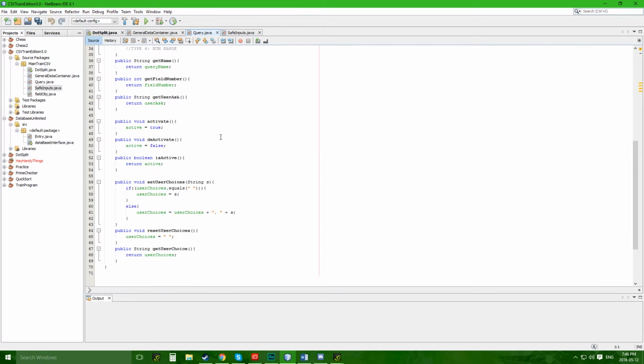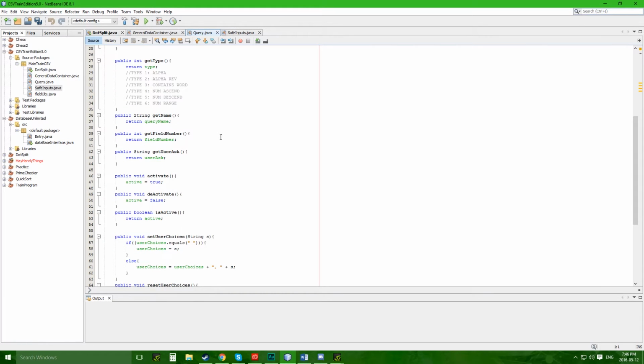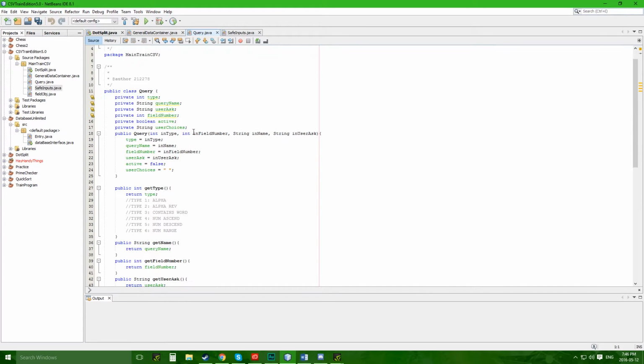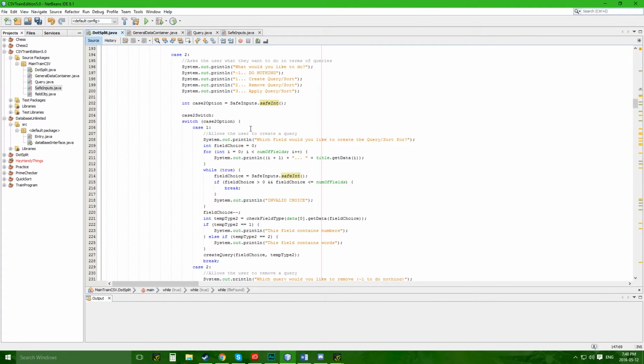Just to clarify, this object does not have any methods to actually perform queries. It just redirects the main program to use other methods based on its type. If we now return to the main program, what I mean by this is when you create a query, it